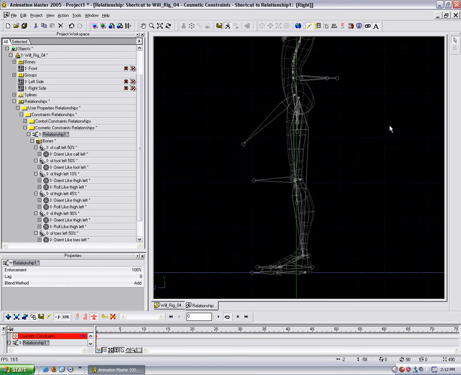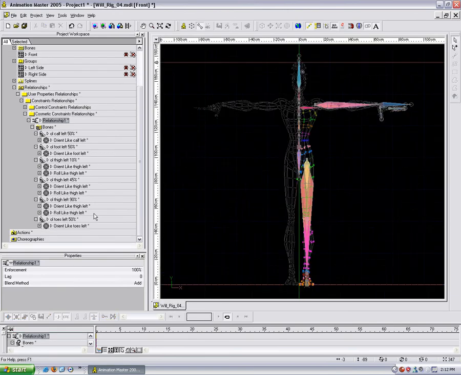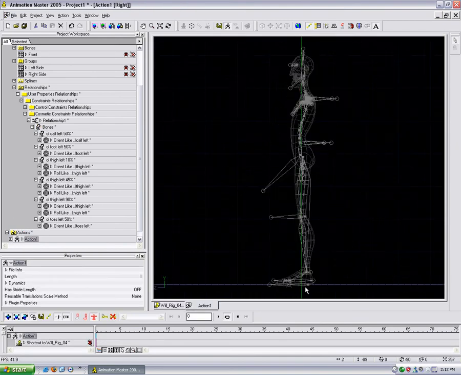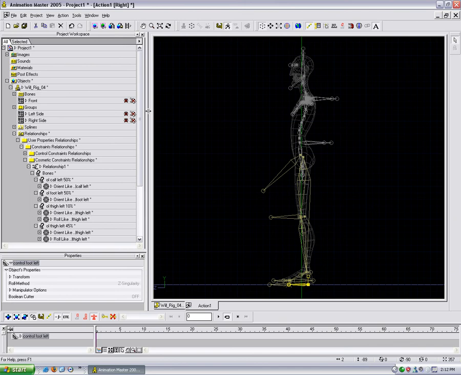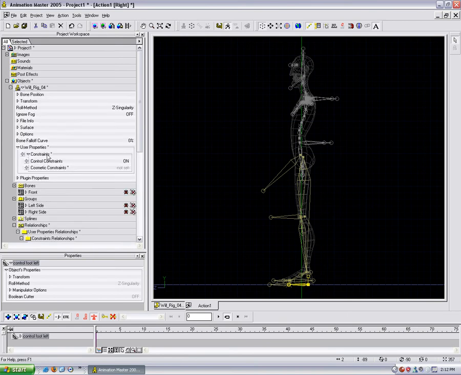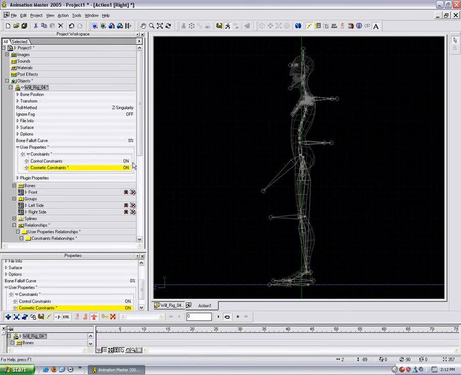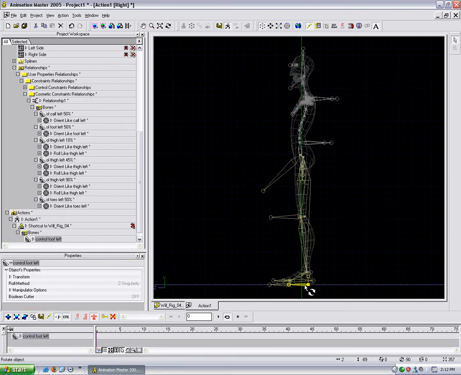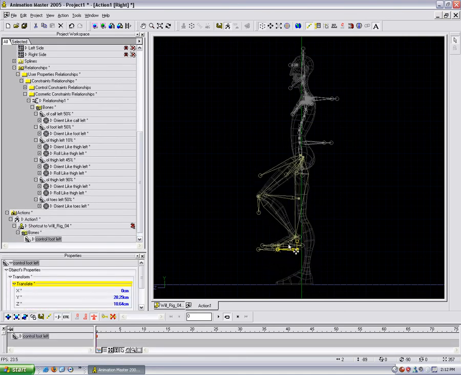Alright, so before we go any further, let's go in and test it in our actions. Let's close that window, or double click for a new action, go to our side view, grab the control foot, and before we do that we have to turn on the one that we just did, so you have to turn this to on. Go down here, grab the control foot, and now move it up. Now you can see